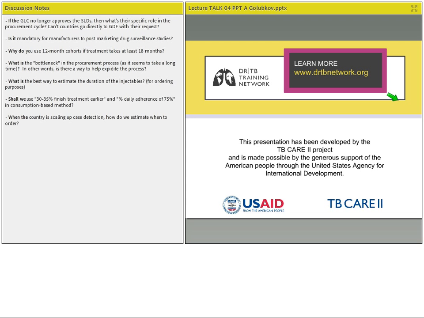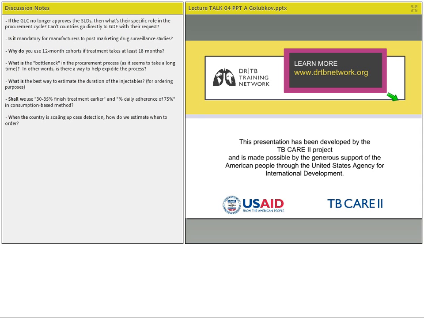And when you have this number for at least the next 5 years, you can change it, of course, every year. You can modify your analysis, but every time you do that, you plan several years ahead of time. Then you do the second step: you do your consumption-based method for calculation of drugs, and then you do your order. And if you have more patients enrolled compared to what you planned, for example, you planned for 70 patients to be enrolled in each quarter, but you have 100 patients and you do have money to treat more,